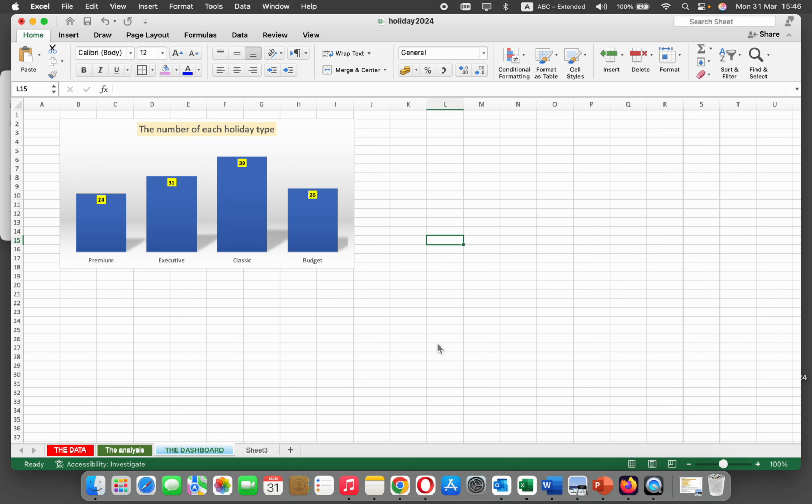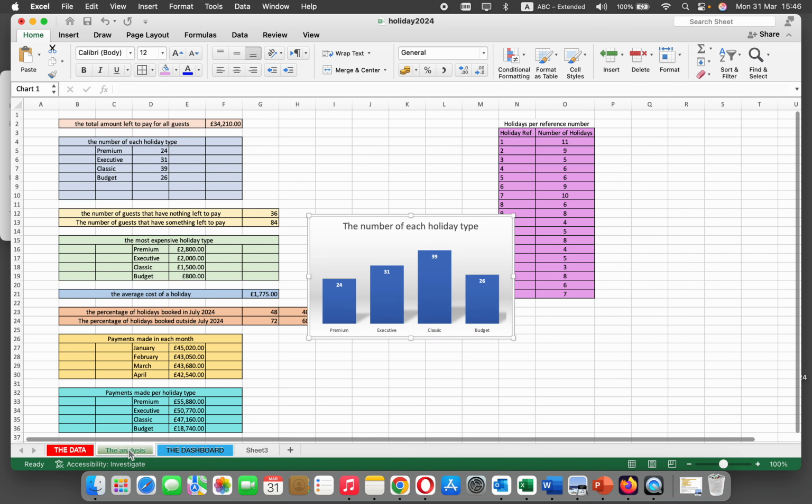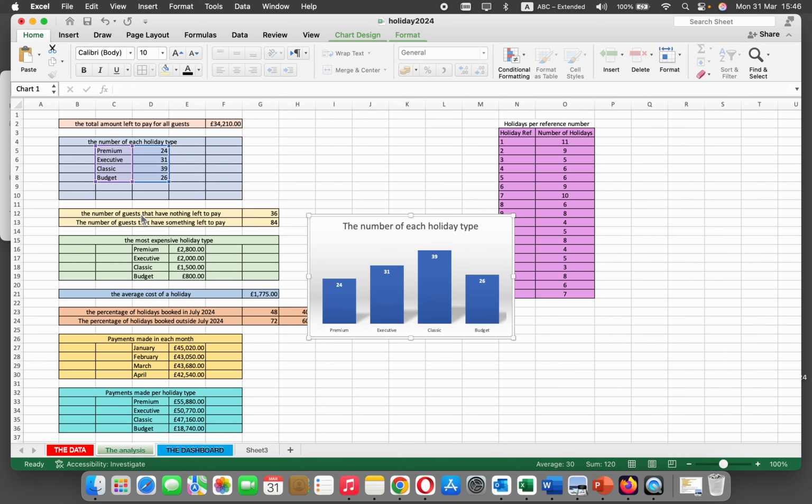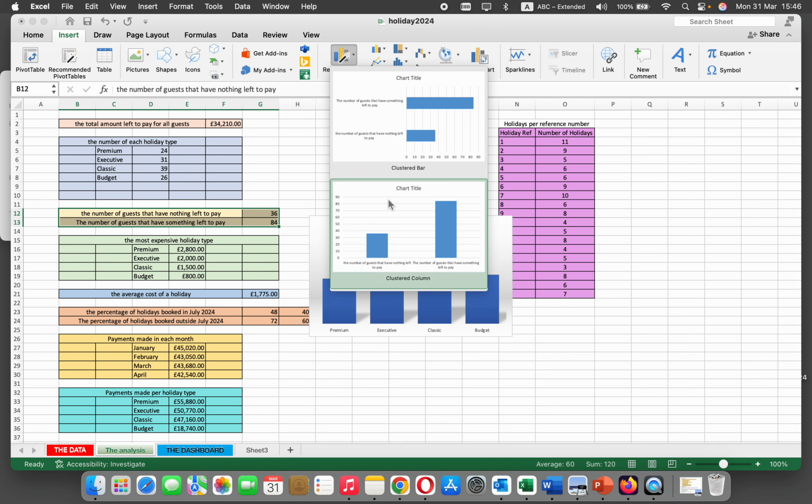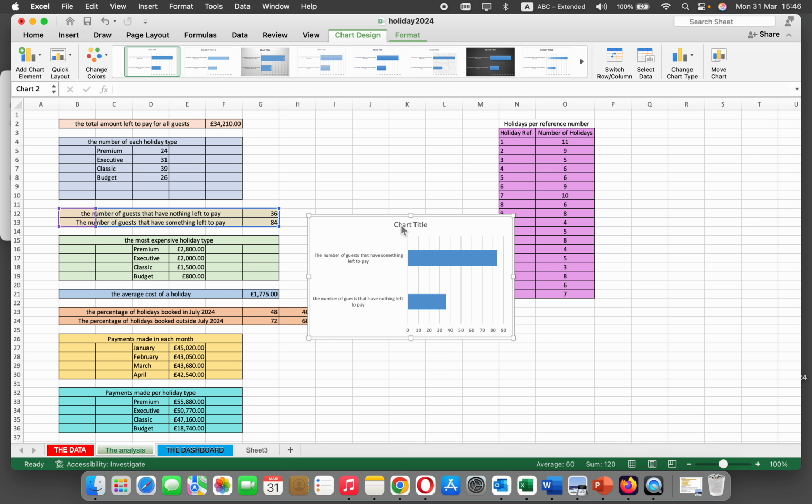That's good for the first analysis dashboard chart. So let's go back to the analysis again, and for example I can choose this and again insert recommended chart and change the title and use the number of guests, or I'll make it like that, nothing to pay and something to pay, so that we can understand the meaning of that one